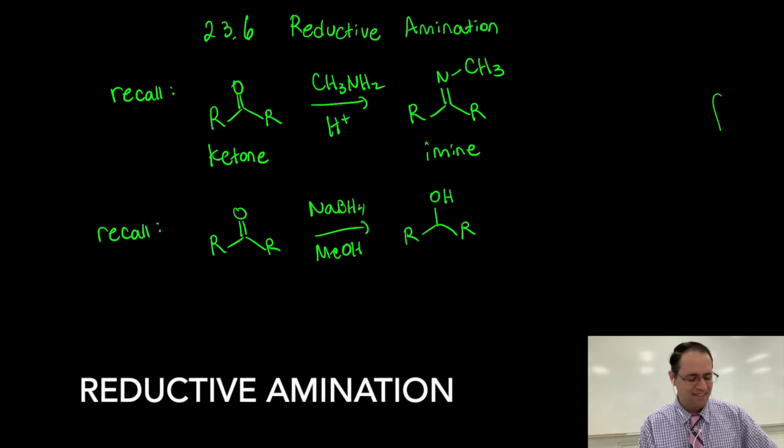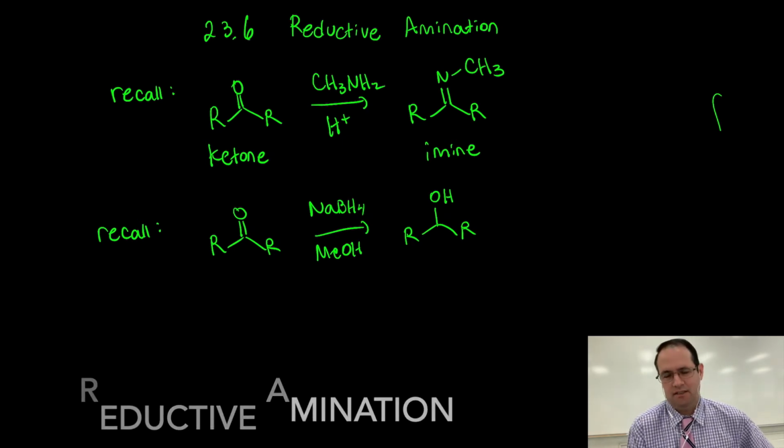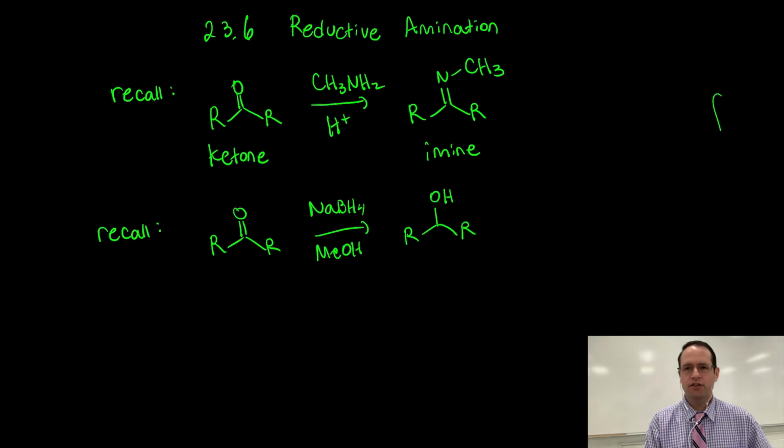Section 6, Reductive Amination, not to be confused with cartoon animation. So an amination reaction installs the amine group. And this is a very powerful synthetic method to prepare primary, secondary, or tertiary amines in a very selective and controlled manner. Now, there are two things we need to remember from our previous course material, and that's to recall